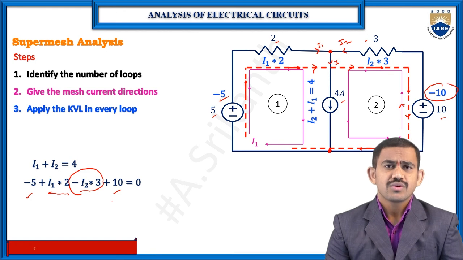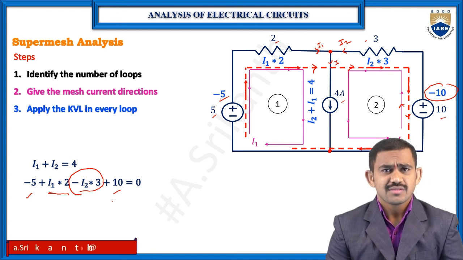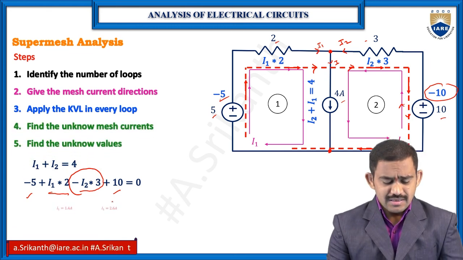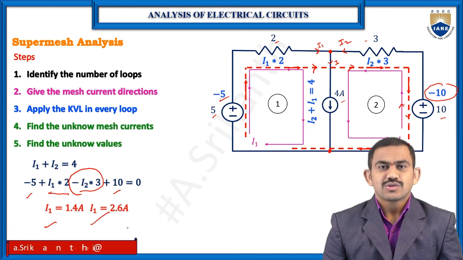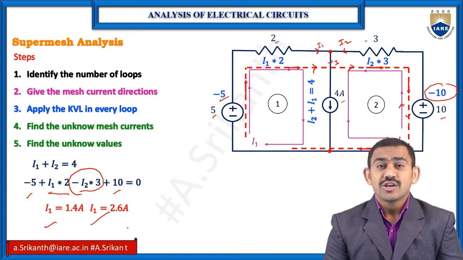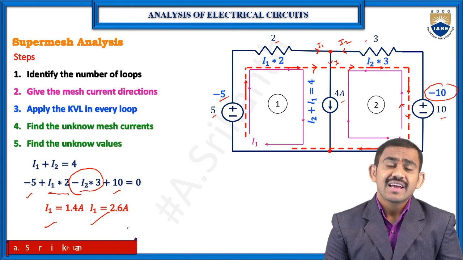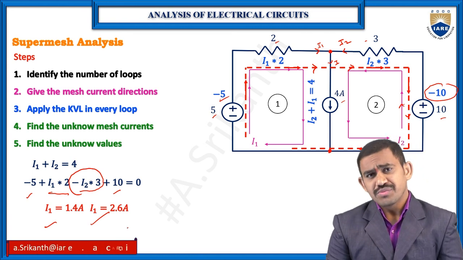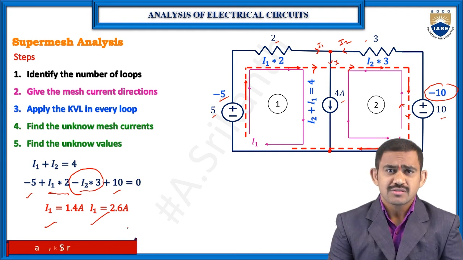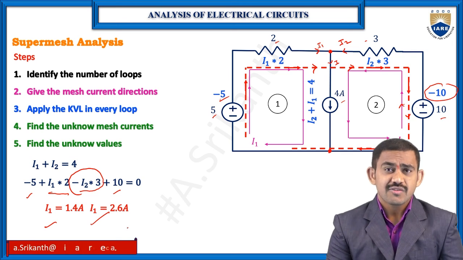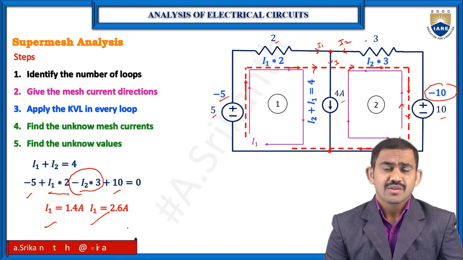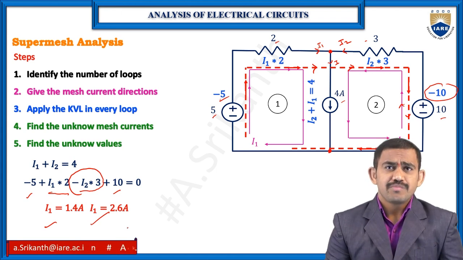Here I have 2 equations and 2 unknown values, that is I1 and I2, the mesh currents. So you can get the mesh currents I1 and I2. This is about super mesh analysis, where we have an ideal current source. There we need to use the super loop and write the equation for the ideal current source as well as the super loop equation. Here we have only 2 loops, so we have only 2 equations. If you have 3 loops, we will get 3 equations. Of the 3 equations, one is the ideal current source equation and one more is the super mesh equation. So this is about super mesh analysis.